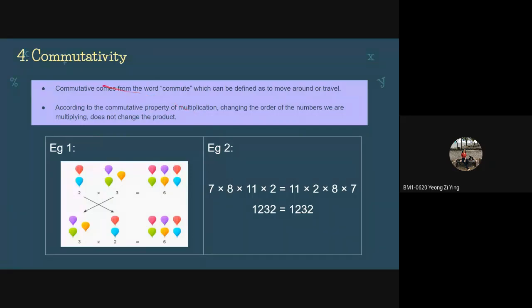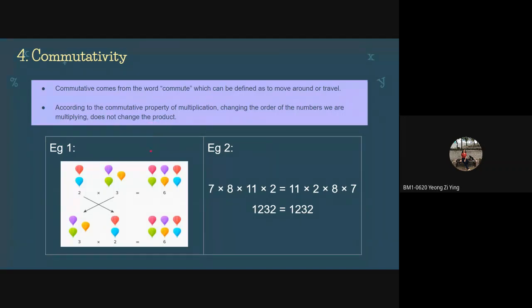So the following thinking strategy is commutativity. Commutativity comes from the word commute, which can be defined as to move around or travel. According to the commutative properties of multiplication, changing the order of the numbers we are multiplying does not change the